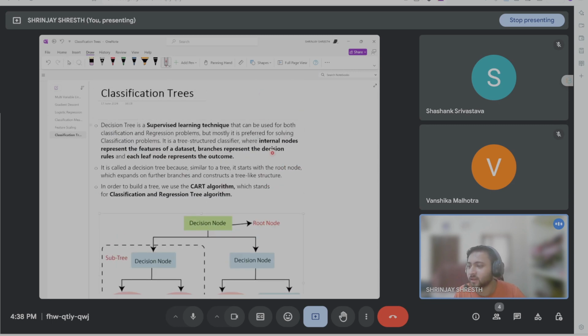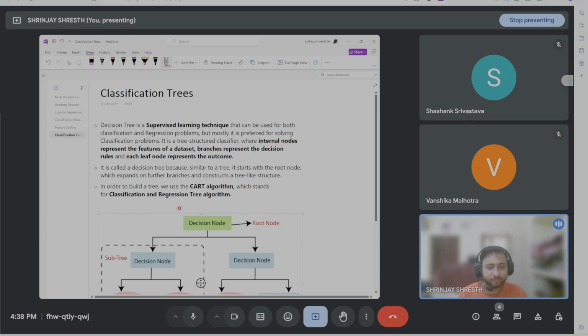So what happens? You have your internal nodes. These are your nodes. So these represent the features. अभी हम देखेंगे features के बारे में, ठीक है? And your branches are actually your decision rules. We'll see किस रूल के बेसिस पे तुम ये डिसीजन को इधर ले गए और ये डिसीजन को इधर ले गए. Like how you have classified it to this part and this part. These are determined by your branches, and leaves are your outcomes. Okay,